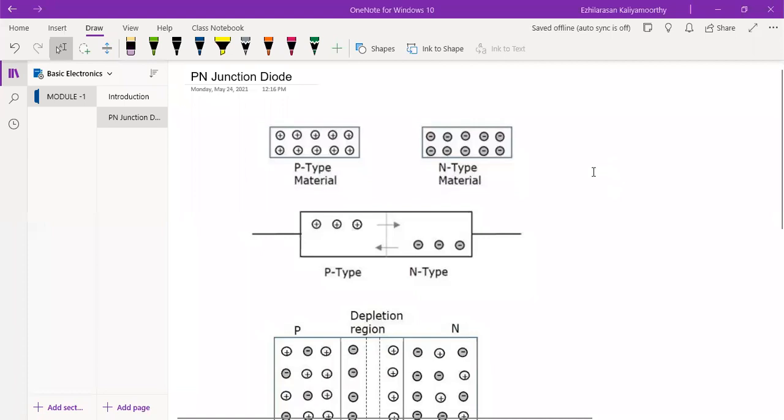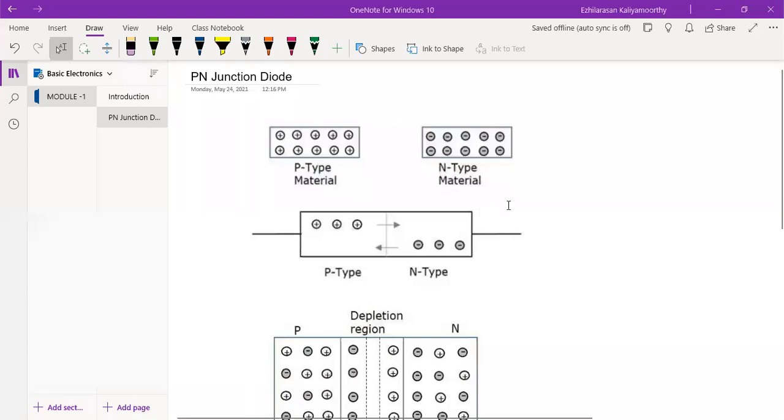Why is silicon preferred in semiconductors? Because among the semiconductor materials, like germanium and silicon, silicon is accessible very easily, because silicon is nothing but sand. At the same time, the cost is very low also. That is also one of the main important things. Next, another reason to prefer silicon for manufacturing different electronic components.